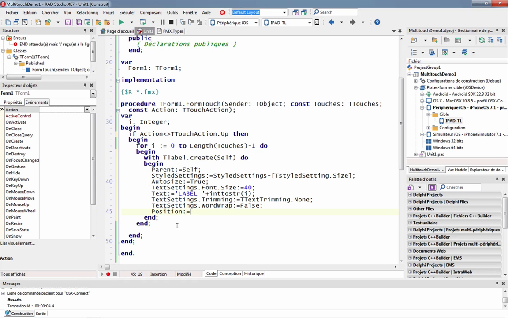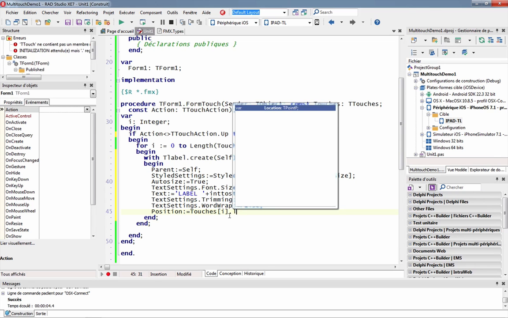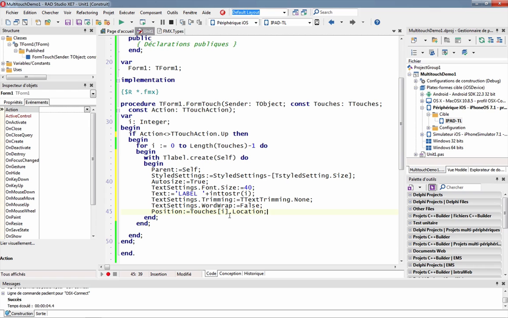And in this case, I just have the position with my array of TTouch. I said with it, I have a Location property. Okay. This is okay, but as we said, each time we have all the touches and so on,